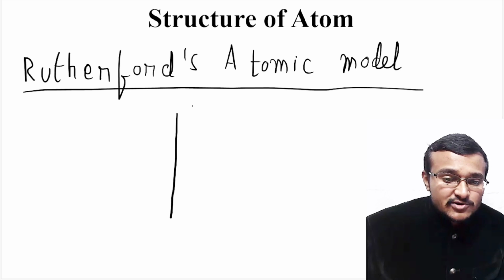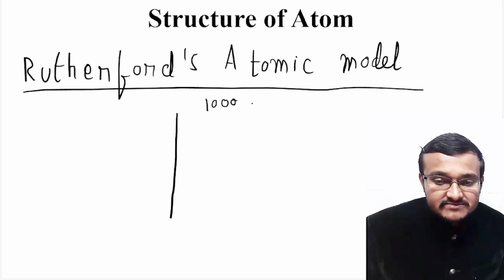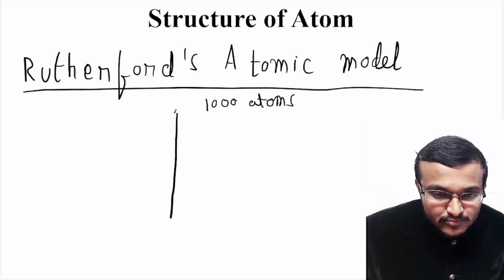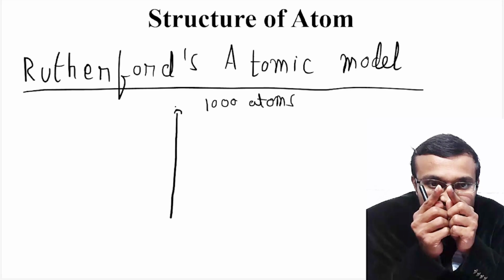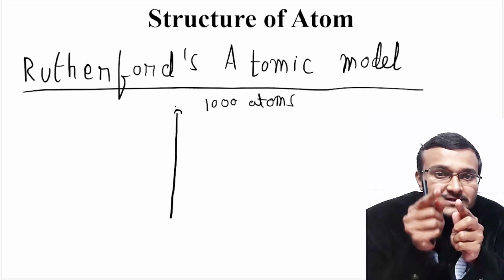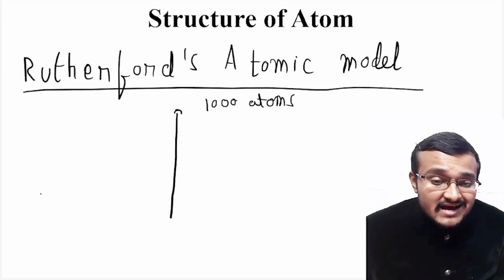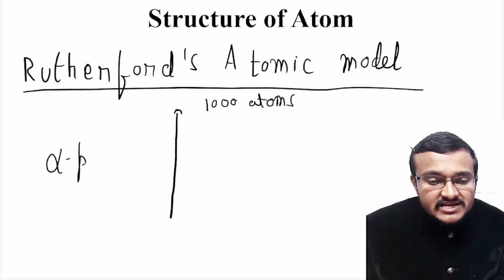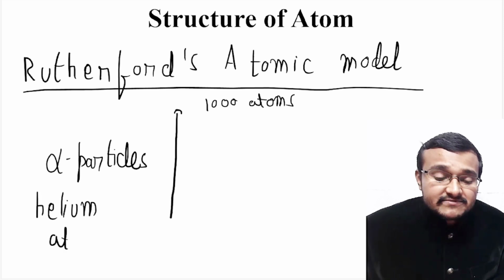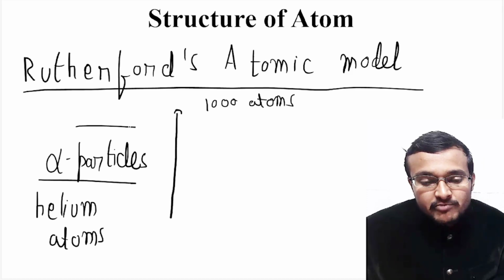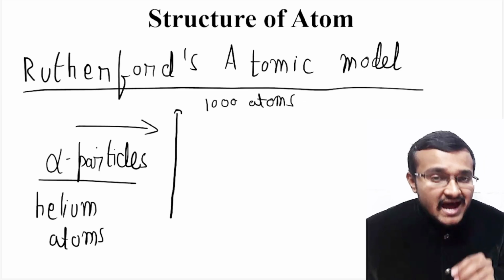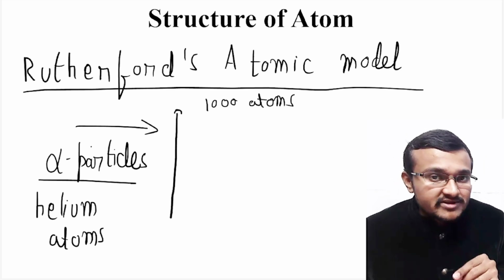The thickness of this gold foil contained only 1000 atoms. So if you consider the thickness of this gold foil, from this point to this point, only 1000 atoms will be lying. So that thin a gold foil was taken in this experiment, along with alpha particles, which are positively charged. Alpha particles are basically helium atoms which are positively charged. These alpha particles were made to pass through this gold foil, and he assumed that based